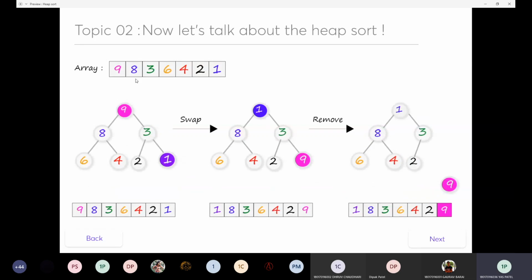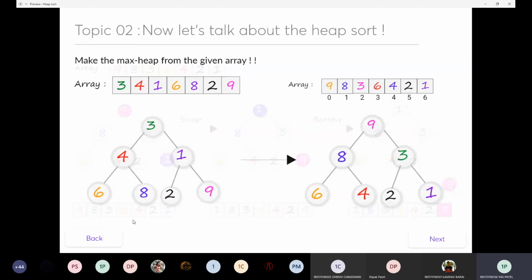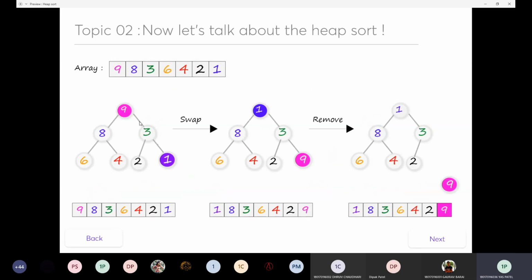As I told you, in this heap sort process, in the max heap there will be a largest number at the root. So you need to swap that root with the last, nth element. The nth element is 1.